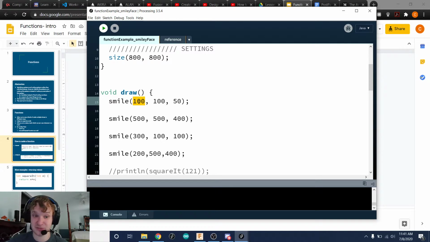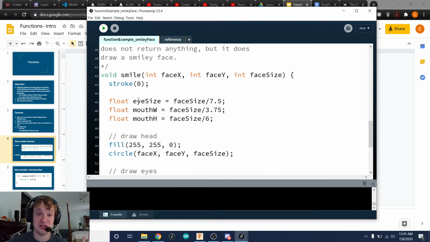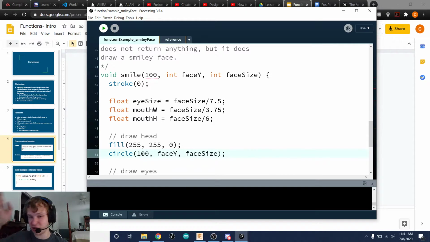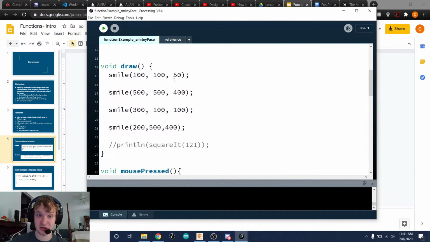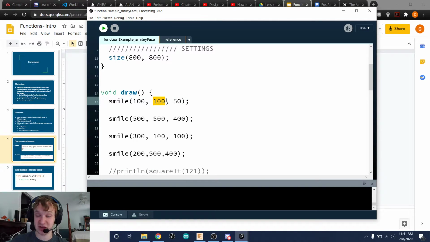What this does, when Processing sees this, it says, okay, you defined a function called smile. So let me go down to it. And you also said smile, and then the first value is 100. Processing goes down to where I made it, and it replaces face X with 100. So then everywhere that there's face X, it puts 100 there, all the way down through. That's what Processing does whenever I press play here. Same thing. It replaces face Y with 100, and it replaces face size with 50. So when I use my function here,